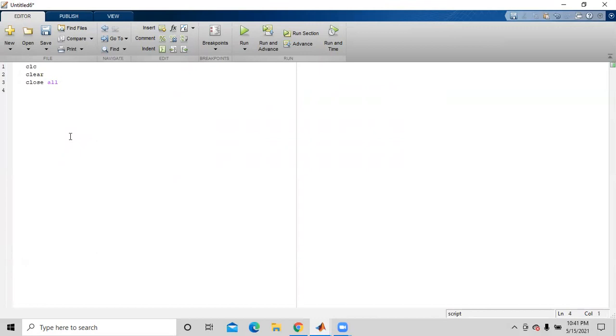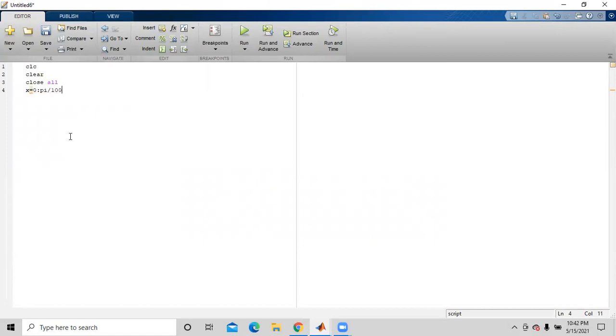All right, now let's say I have to plot two graphs on a single figure. So for that, let me define an x which is equals to 0 to pi by 100.